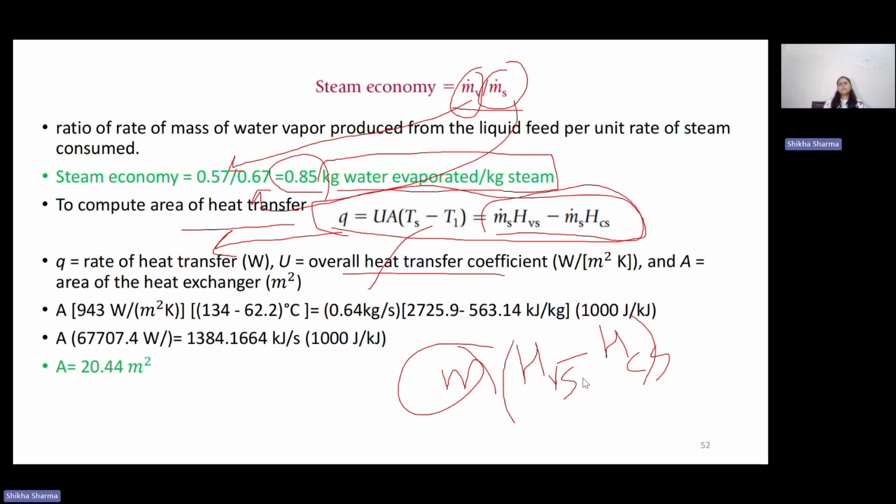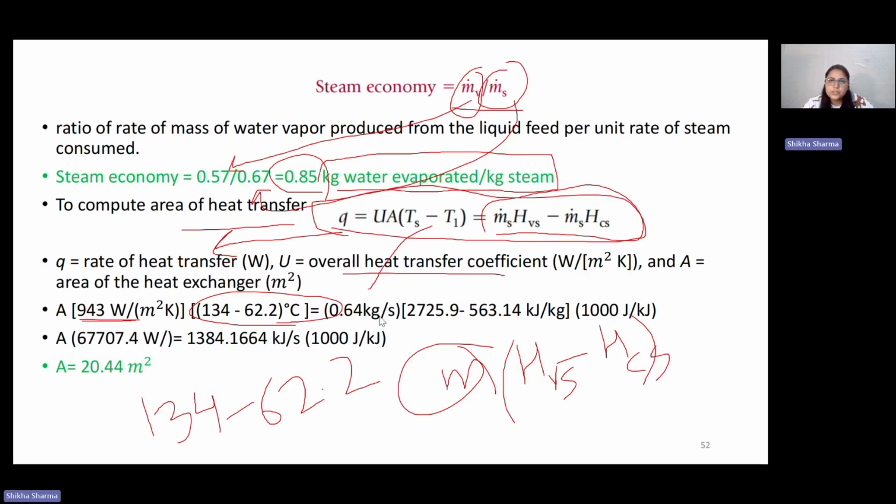So only the latent heat is transferred, right? So area A into the overall heat transfer coefficient, which is 943 given in the question, and multiply by the temperature change. Temperature is changing from 134 for the steam minus 62.2, which is the evaporator temperature inside,